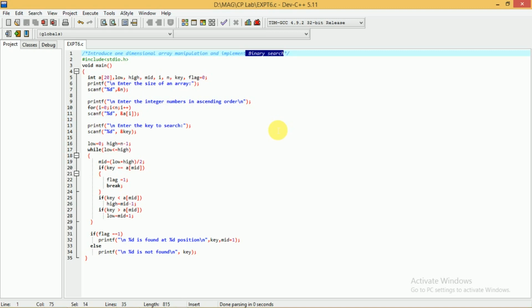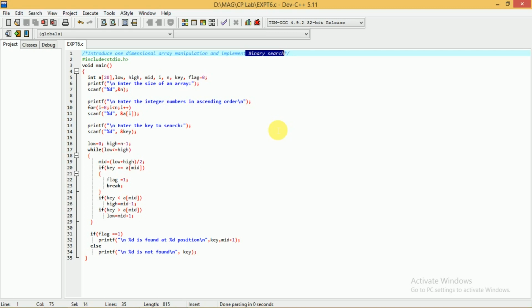For this searching process there are different techniques, like linear search. This is the simplest possible one. So in linear search, what happens? You will have the list of elements and the key element. One by one, starting from the first element till the last element, the key value will be compared with each value of the list until there is a match. Whenever you reach the last element and there is no match, we conclude that the key element is not present. This is the simplest one, but it is very time consuming.